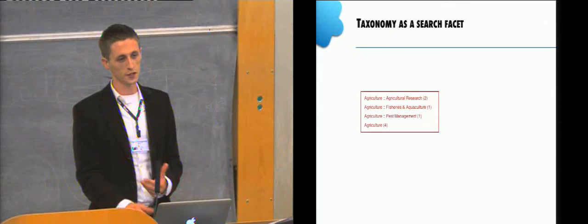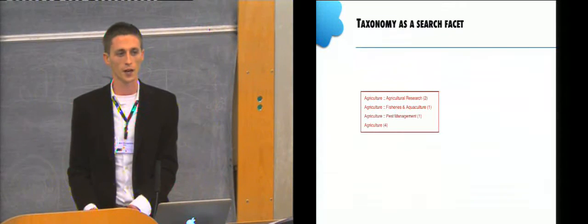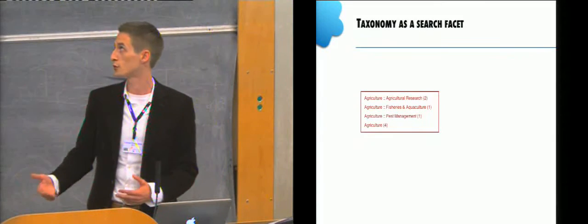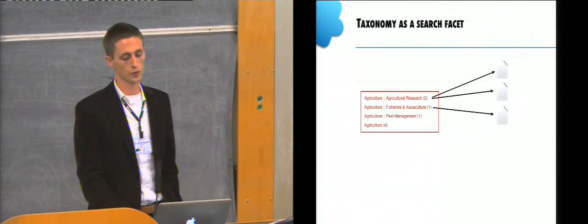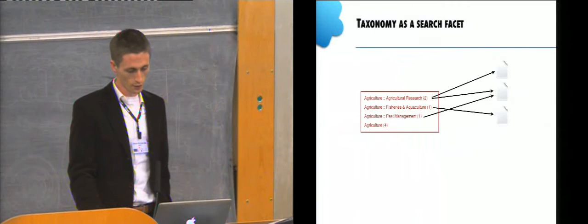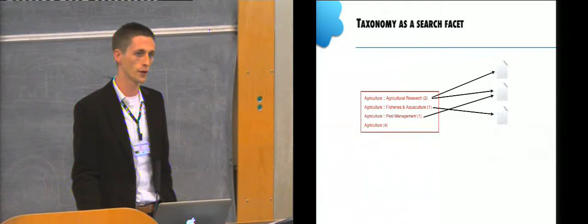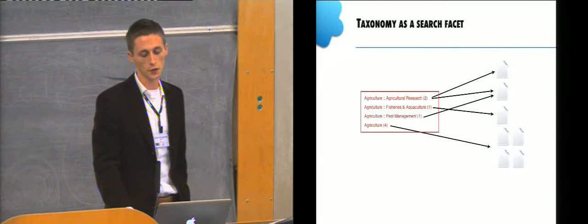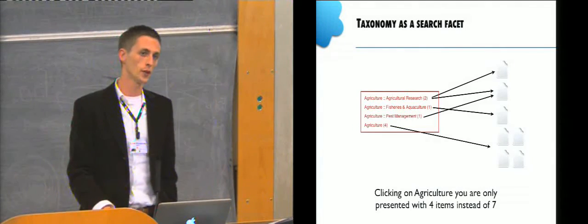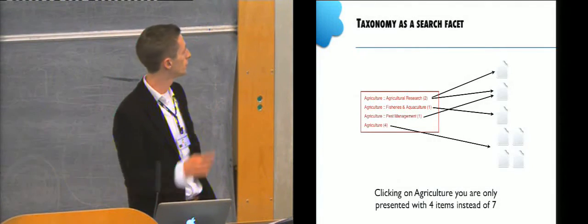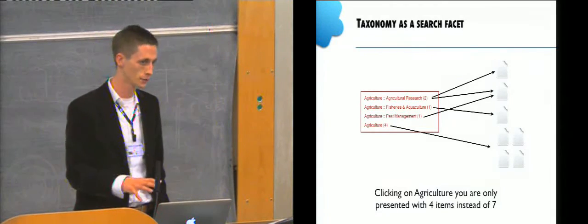And it creates an additional problem in the sense that if I would ask you how many items we have with the topic agriculture, most people would say 8, because 4 plus 2 plus 1 plus 1 is 8. Now, in reality, agricultural research and pest management belong to the same item, both occur in one item. Which means that the total is 7 and not 4 or 8. And in addition, when you click on agriculture, you would only see the bottom 4 items that are directly associated with the topic agriculture and none of the subtopics.